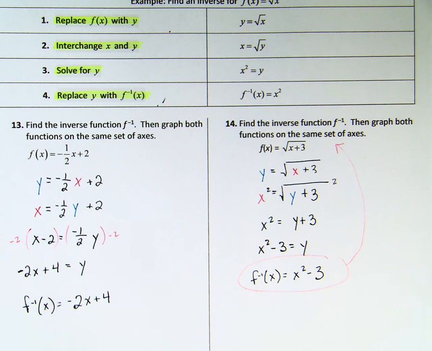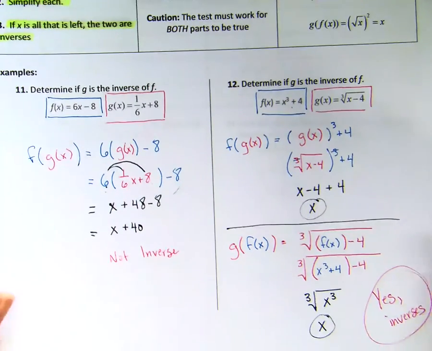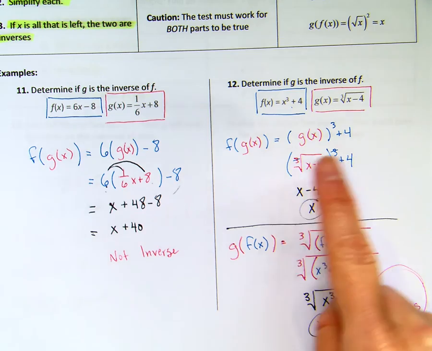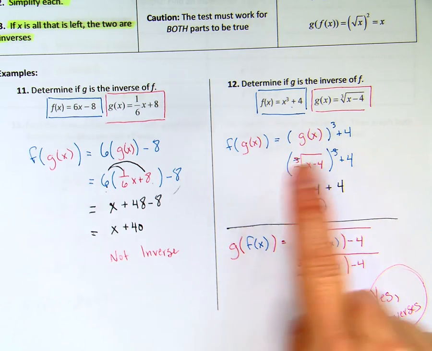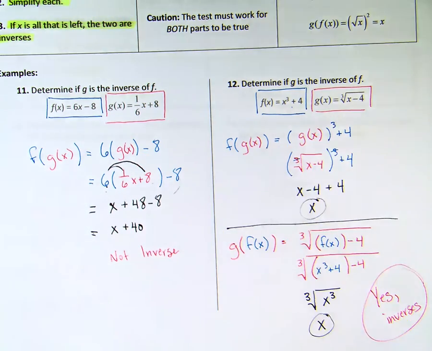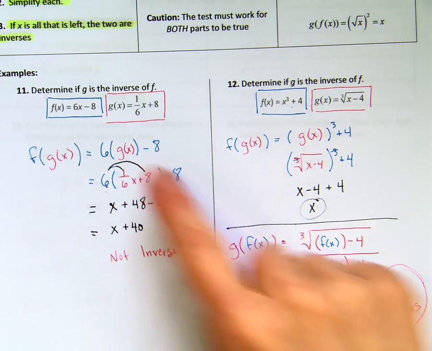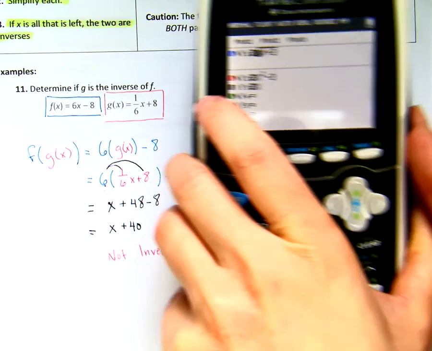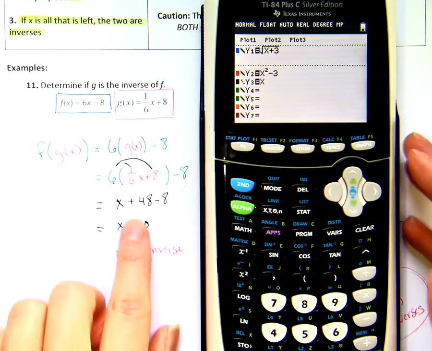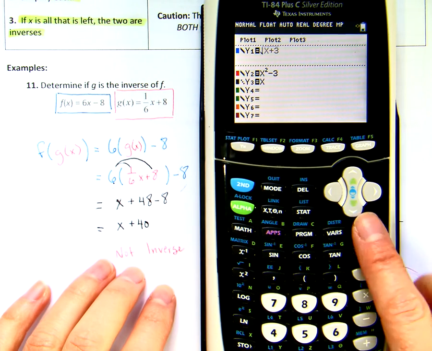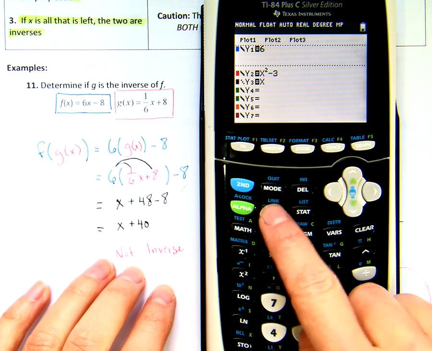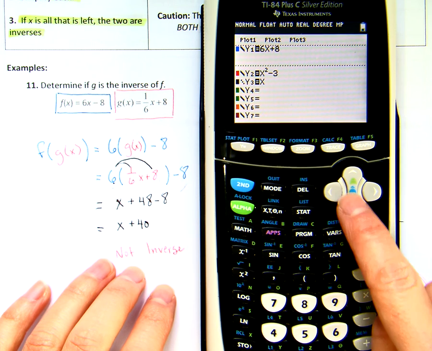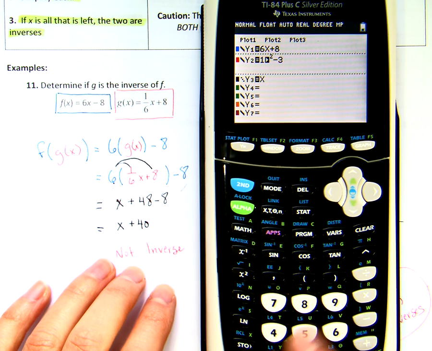Okay. Now, one more thing to check with our graphing calculators. I do want to go back to problem number 11 and 12. You can also verify these using your graph as well. We did this two-sided test, but we didn't look at the graphs. Another quick way to see if these are in fact inverses, or at least to check your algebra, would be to look at the graph. So if I key in this 6x minus 8, and I key in this 1/6 x plus 8,